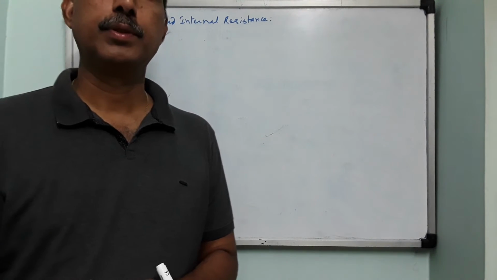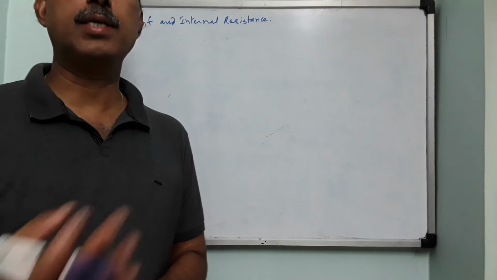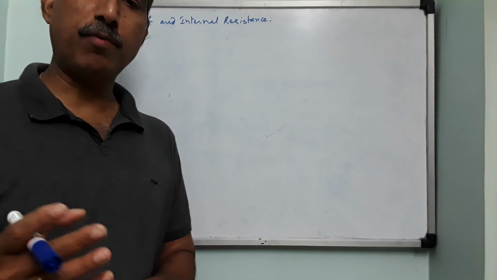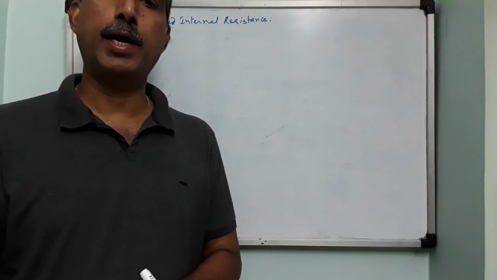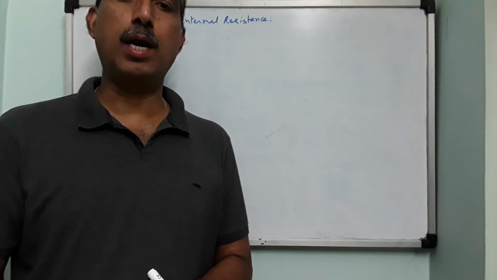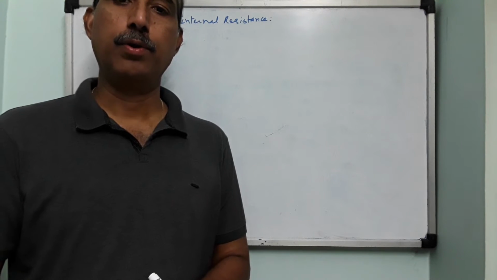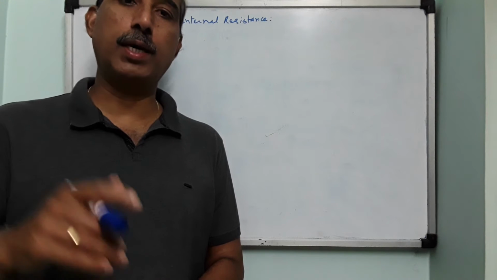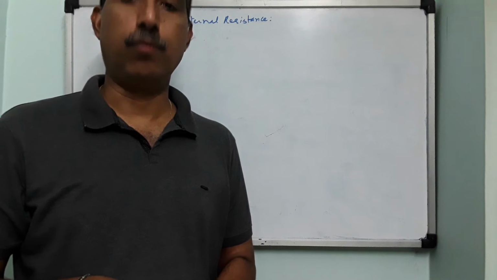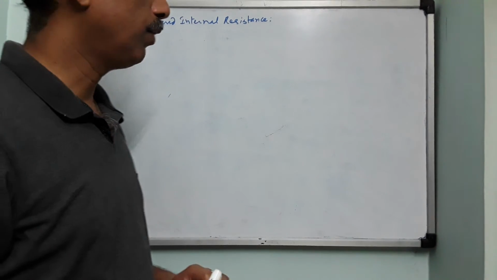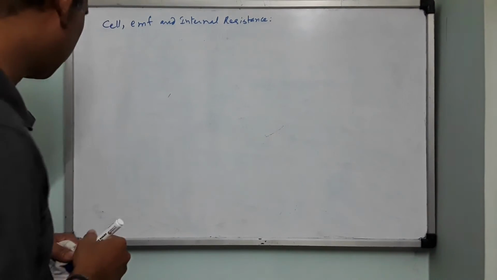Electrolysis will begin. What is electrolysis? Dividing of the electrolyte into cations and anions. So one type of ions will move and accumulate on one plate, and opposite ions will move and accumulate on the other plate. So accordingly, you will get a positive electrode, anode, and a negative electrode, cathode. Okay. So when you connect these electrodes in the external circuit, what will happen? A current will flow. So during this process, we have to discuss what is the meaning of EMF and what is the meaning of internal resistance.